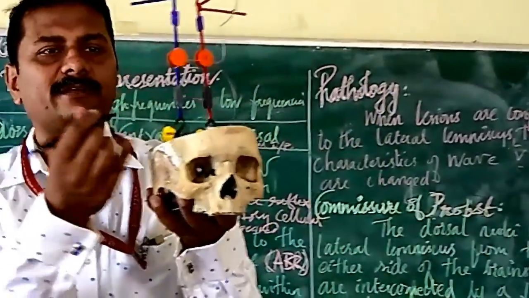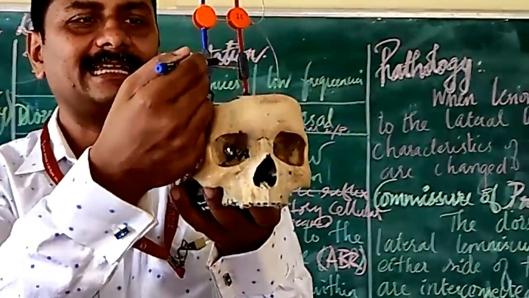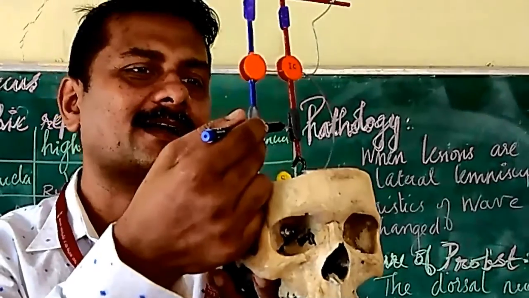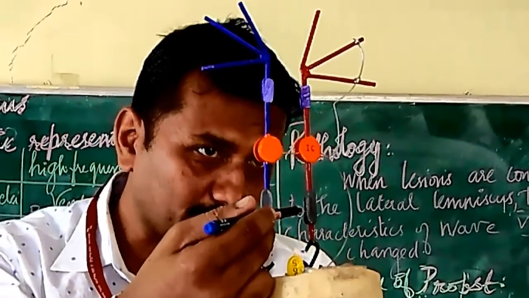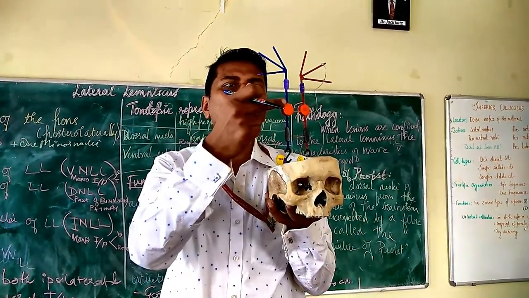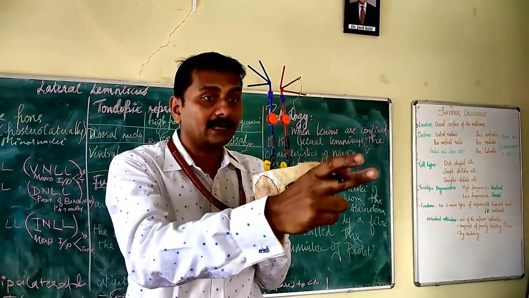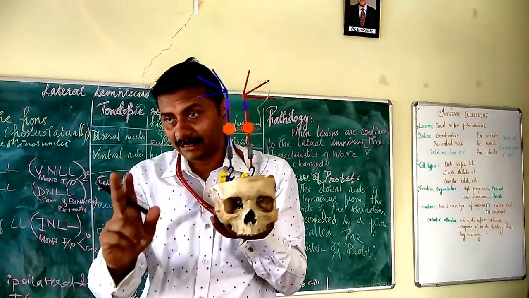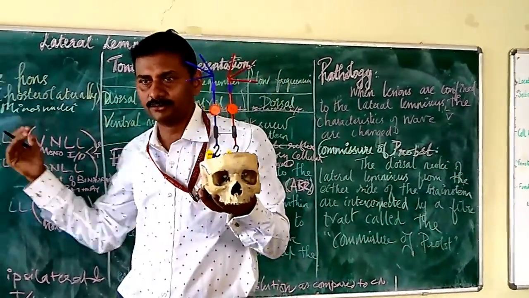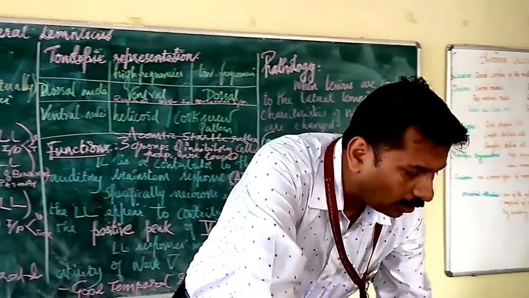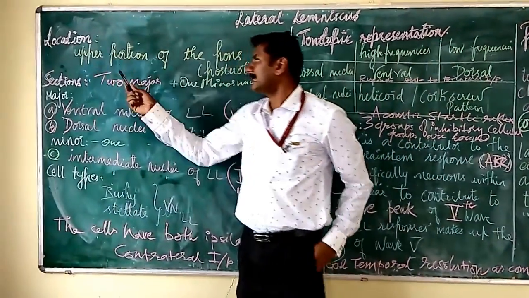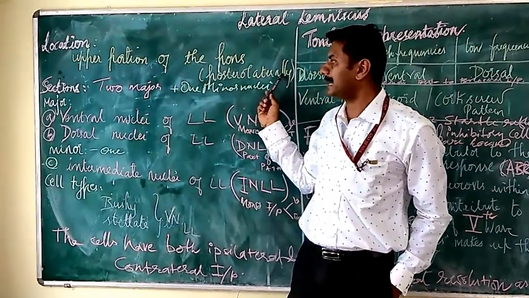Clear? One more distinguishing feature of the lateral lemniscus is that it is connected. Do you see this? And this is known as the commissure of Probst. Right? So once it is connected, that means it will have both monaural as well as binaural inputs. Remember that. That's another distinguishing thing of the lateral lemniscus. This amount of introduction will do for the lateral lemniscus. We have all understood the location of the lateral lemniscus, which is the upper portion of the pons, posterolaterally.